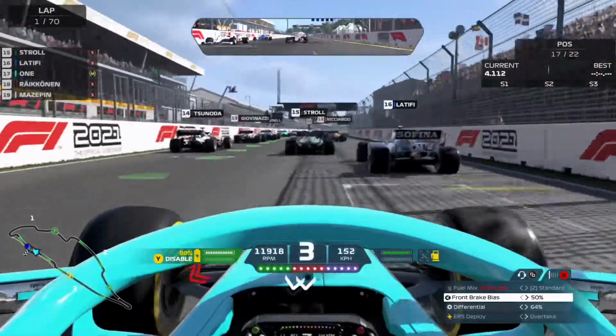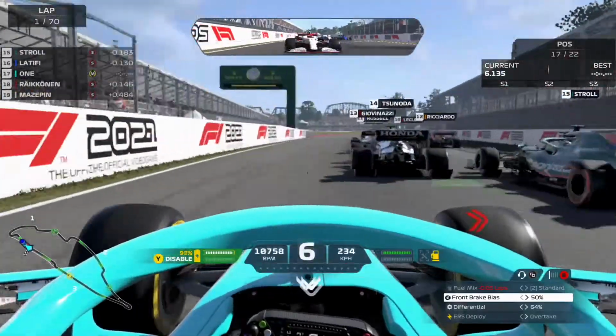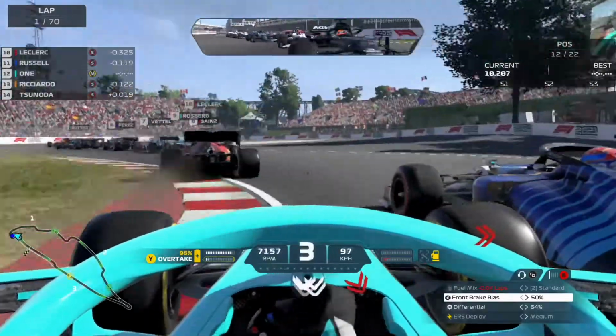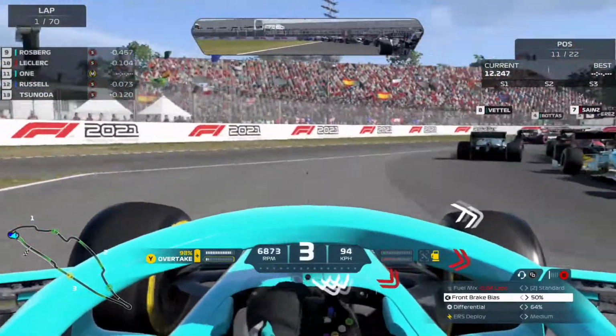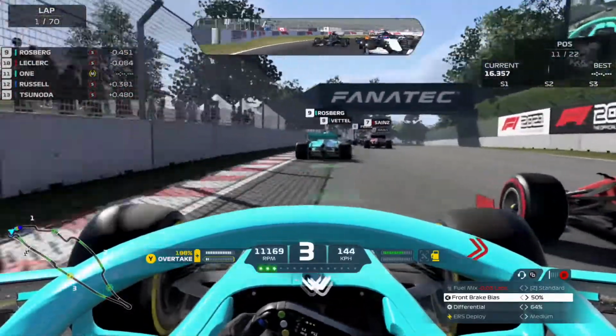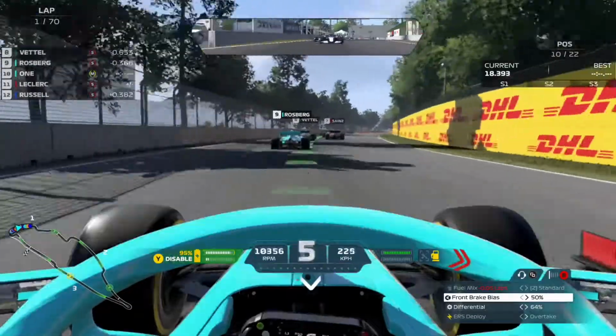One of the Alfa Romeos there getting a slow start. We get past them very easily. Now there it is, another 3 cars, 4 cars, 5 cars, I think. Now we're actually really close to the points now. P11 and P10. Just through those first 2 corners alone, we were able to make up so many positions, and